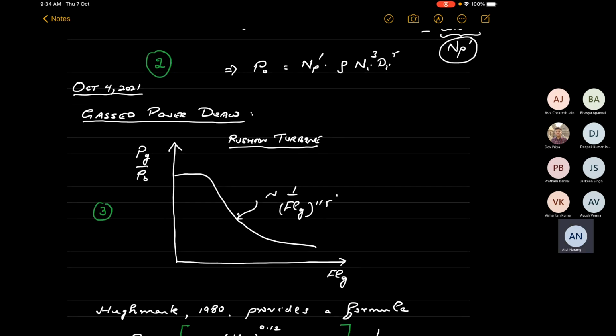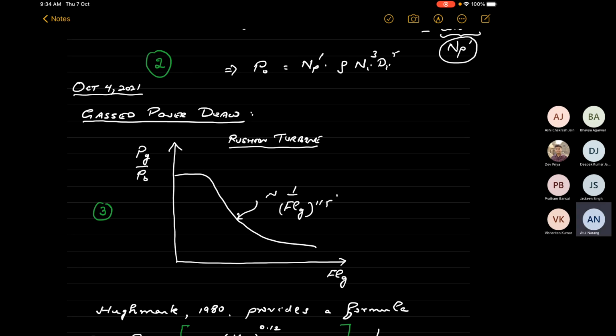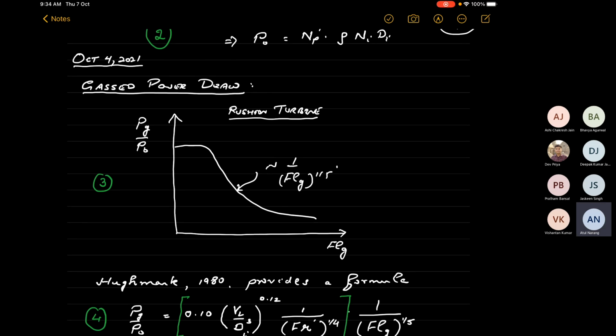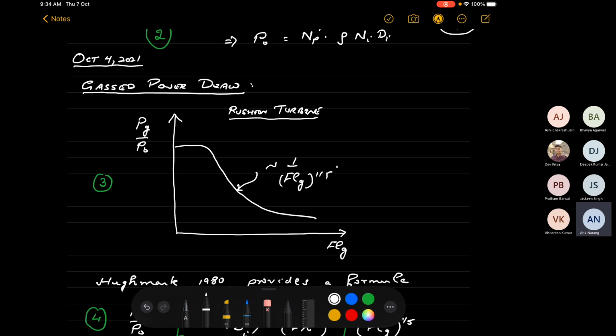So in the last lecture, we essentially covered and finished issues concerning power calculations. We had already done the amount of power draw under ungassed conditions, and then we discussed the decline in the power draw in the presence of gas, and I pointed out that the book provides